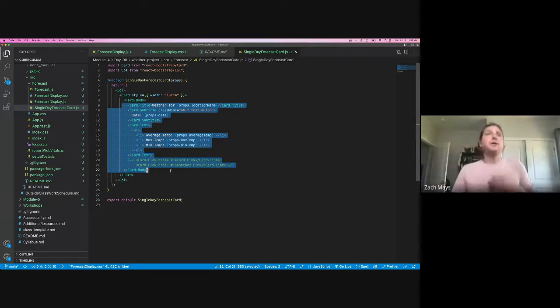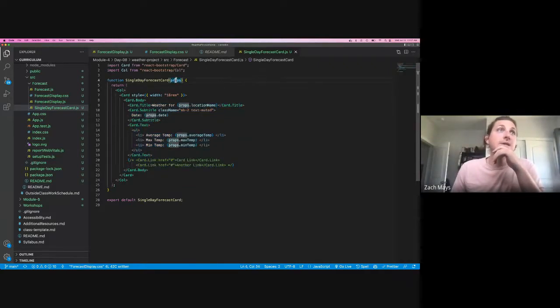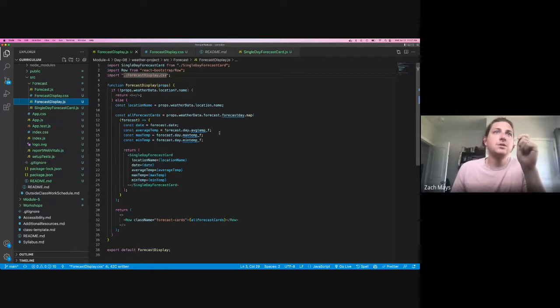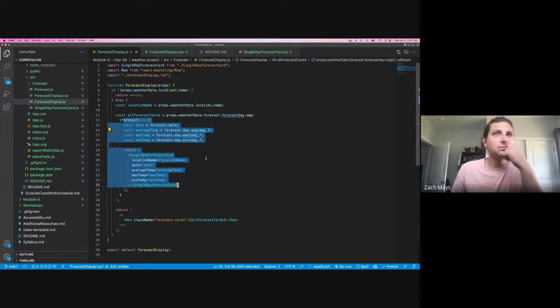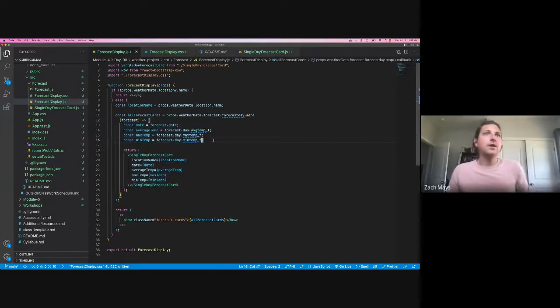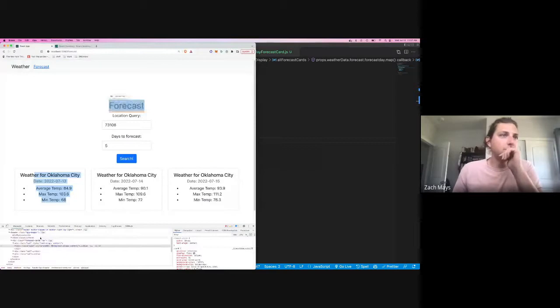We need to display it in this card here, but then we also need to pass the data into the card, which is dictated, like this card receives it as props, and so we need to pass those in to the card. And here's kind of where we're pulling the information out that we care about. So if we look at the data coming over the network,